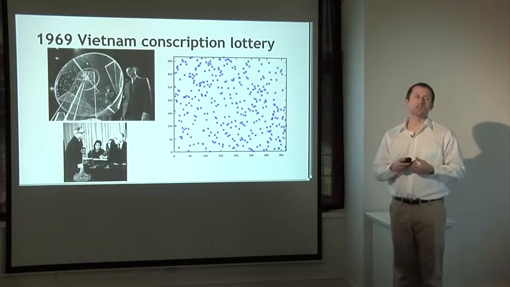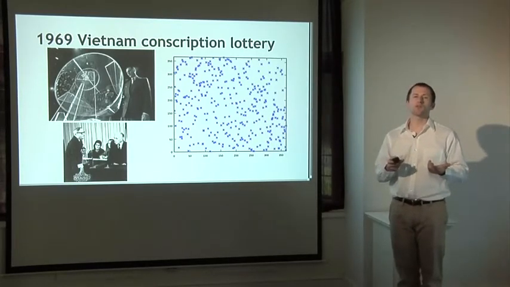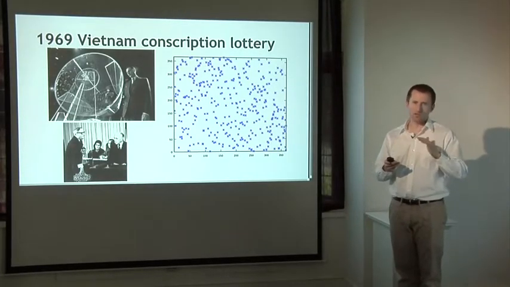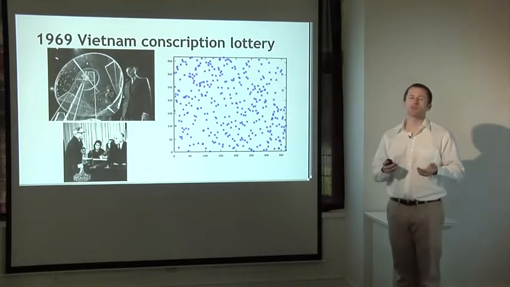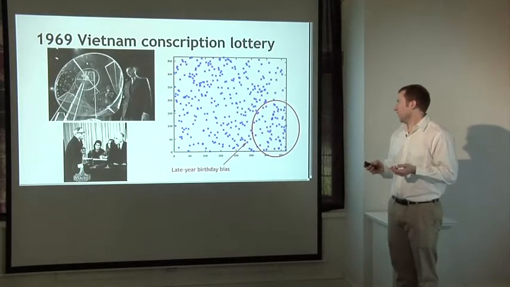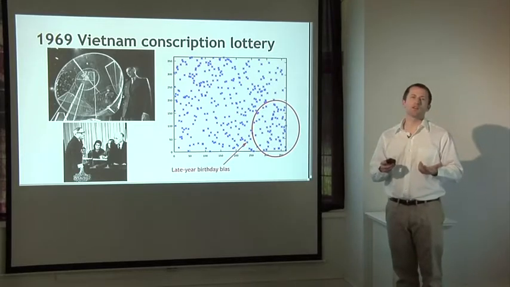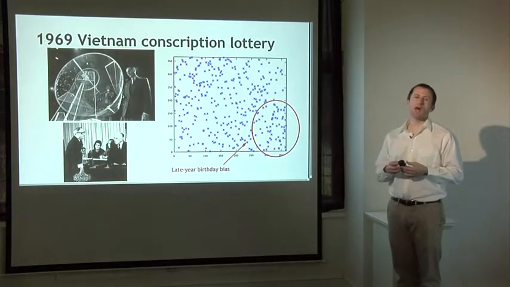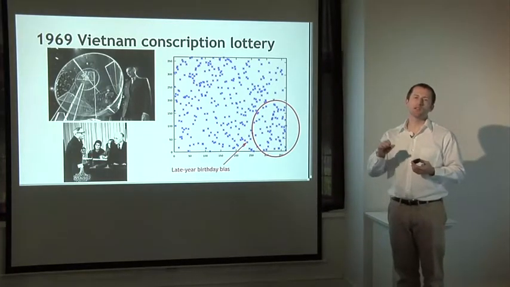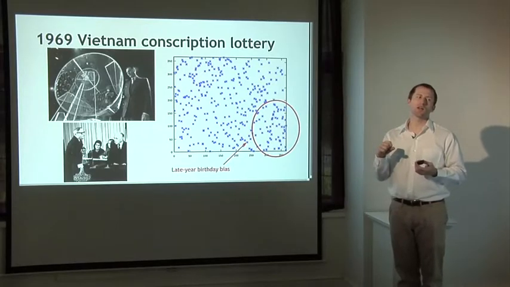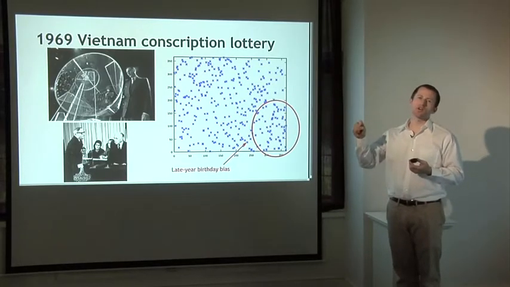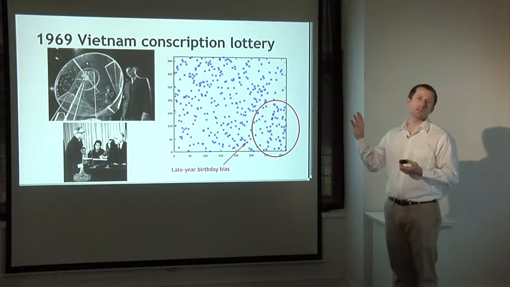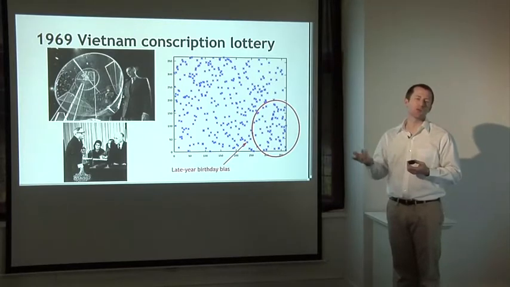So the statisticians looked at the results of this within a week after the lottery happened, and they noticed a funny pattern that was, while it's somewhat subtle, very unlikely to have happened due to chance. And that was that most of the days late in the year received very low draft numbers. And the reason this happened, when they went back and looked at the tape, is that they turned the wheel over exactly an even number of times, so that the capsules that started on top tended to stay on top. There wasn't sufficient mixing. So while there was some mixing and it was somewhat random, it didn't turn out to be a truly random draw.